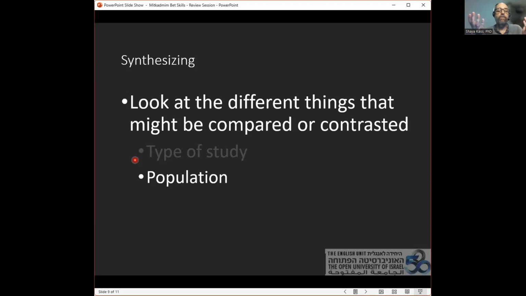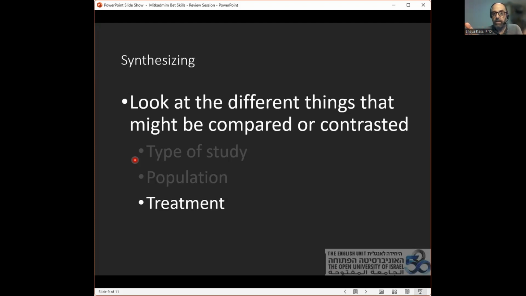Population. So, for example, if you have two articles, but one looked at 1-year-olds and one looked at 90-year-olds, they may not be good for synthesizing or comparing, or they may be good. If one looked at 50 college students and one looked at 2,000 college students, well, that's pretty good. And you get to decide. It's up to you. So, for example, if one study looked at college students in America and one study looked at college students in Israel, you may decide, you know what? It's not a good comparison. I can't use these together. I can't synthesize these two articles. That's fine. Or maybe you say you can. It's up to you.